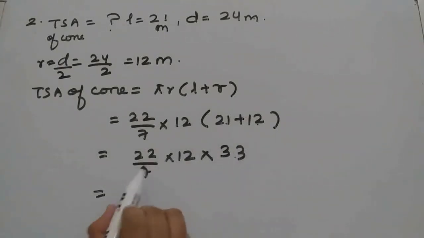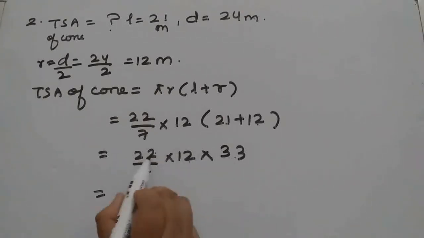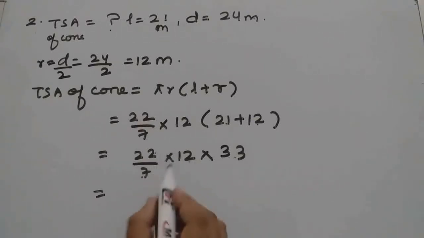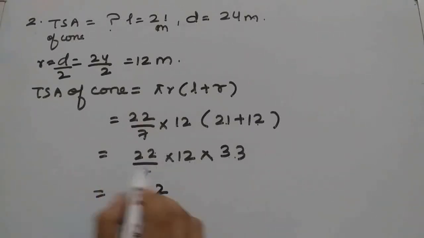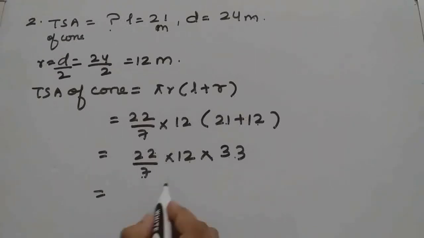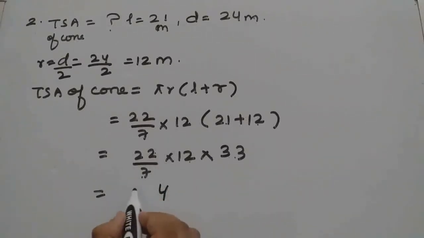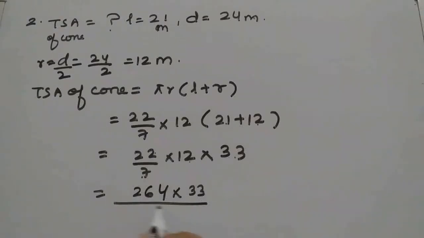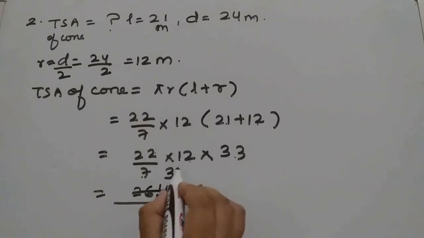See, these numbers won't go with 7, that means we have to multiply this and then we can divide by 7. So this will give 12, 4 will come here, 264, okay, into 33 by 7. Then from 7 we can cancel 7, 3 7s are 21, we know, isn't it? 5 will remain, then 7 7s are 49.